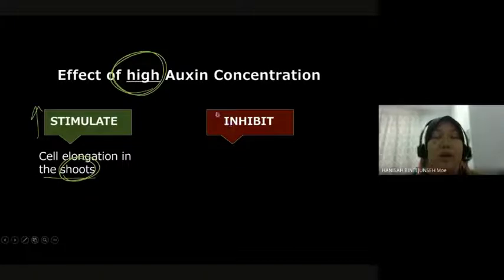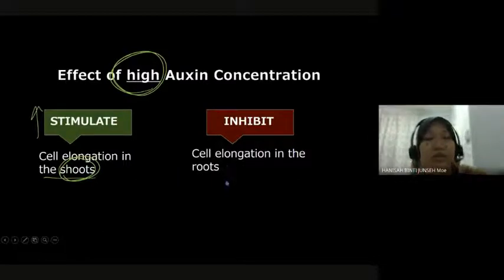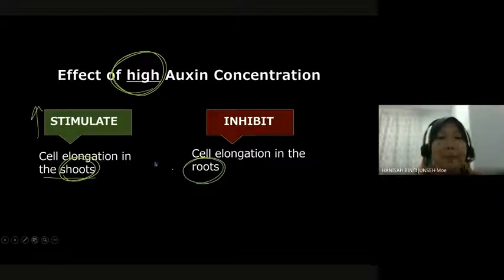That is why I use the red color. It shows it will stop, inhibit the cell elongation in the roots. Okay. So with this understanding of the effect of high auxin concentration, later on we're going to use this